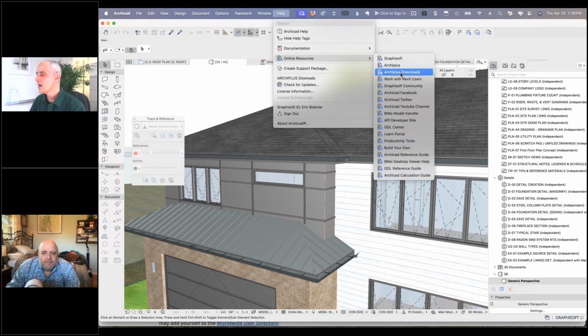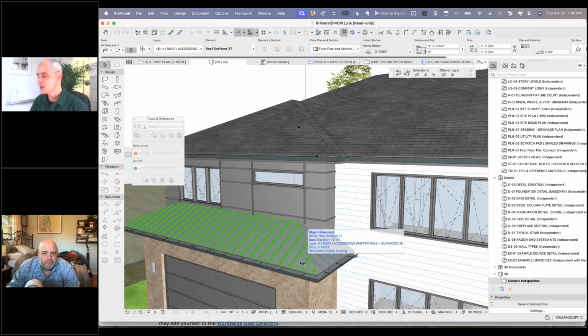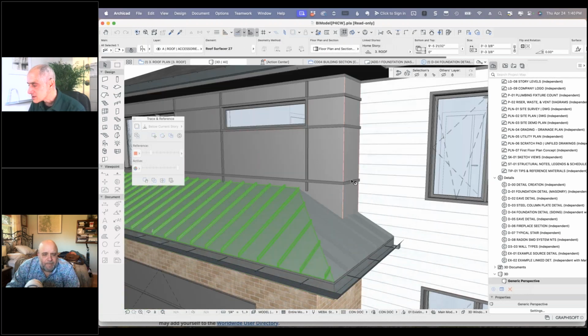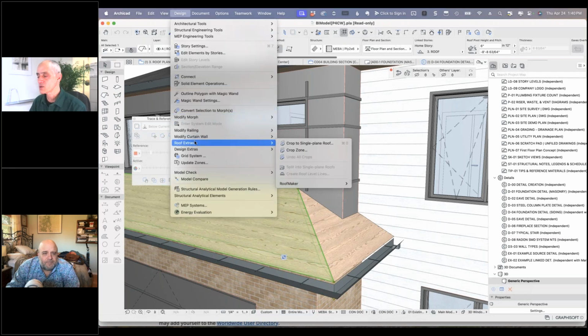Archicad downloads here. Now the goodies include one called the Surfacer, and the Surfacer will allow you to take a roof. If I take this and hide that layer, this is a roof that's being covered by the surface. And when you select that roof, you can go to the Design menu, Roof Extras, and then say, actually, I'm sorry, is it,